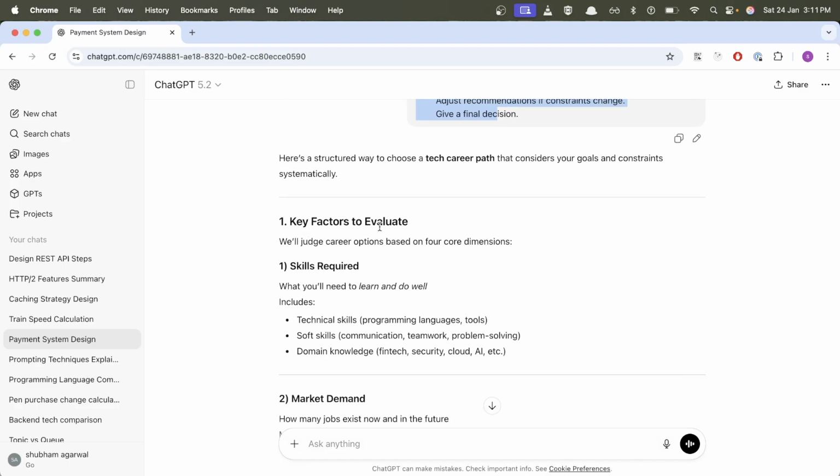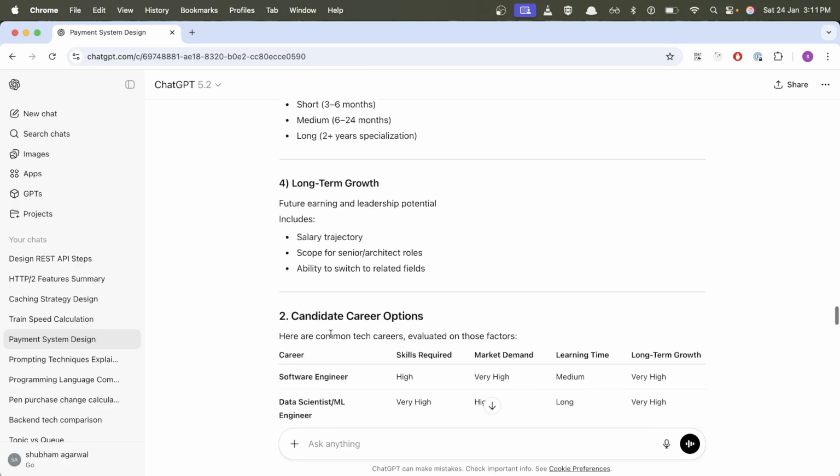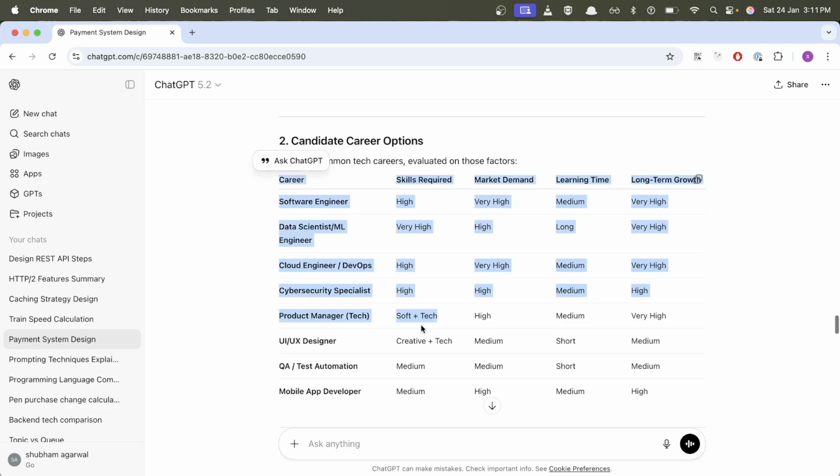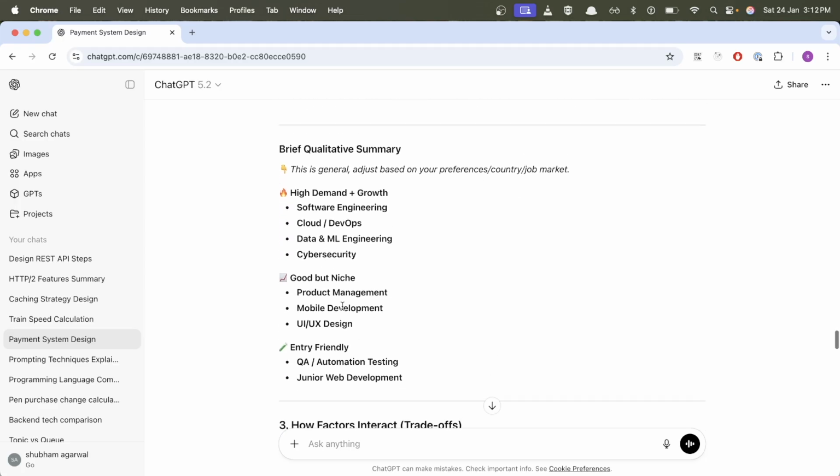Here the key factors to evaluate are skills required and market demand. So it's looking into these factors, then comparing between them. I guess this is a huge table for different careers: what is required, what is not required, what is there, what is not there. For example, for software engineer, long-term growth is very high, learning time is medium, market demand is very high, skills required are high. For a UX designer, skills required are creative plus tech, market demand medium, learning time short, long-term growth is medium. So based on that, it will provide you